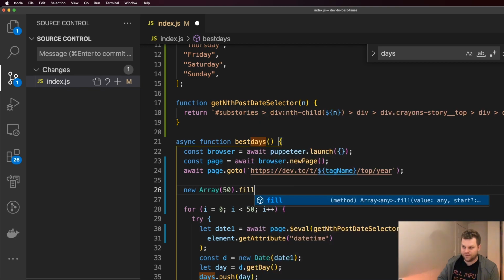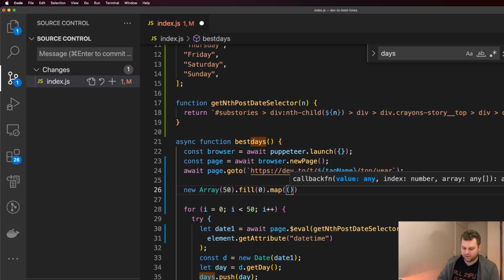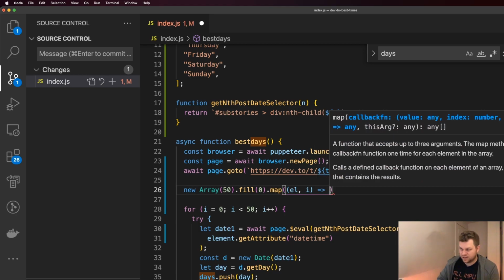No, I think I have to do fill first, and then I can map. What I'm interested in is the index, because that's going to be 0 through 250. And then what I want to do is get a promise of